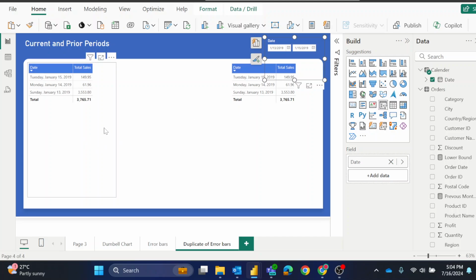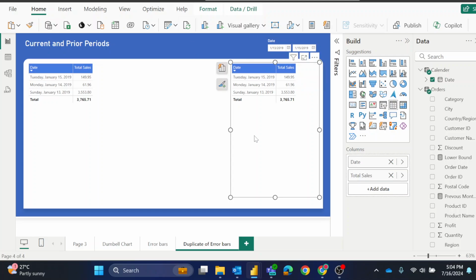So I'm going to create two tables. In this table I am actually going to show my 6 dates, and next to it I'm going to write current and prior, and here I'm going to create a matrix. So I mean, not a matrix, a table itself. So I'm going to show aggregated data of current and prior. So the current will have a total of all of these three dates, and prior will have the total of the prior dates. So for that, first I'm going to click on enter data here,